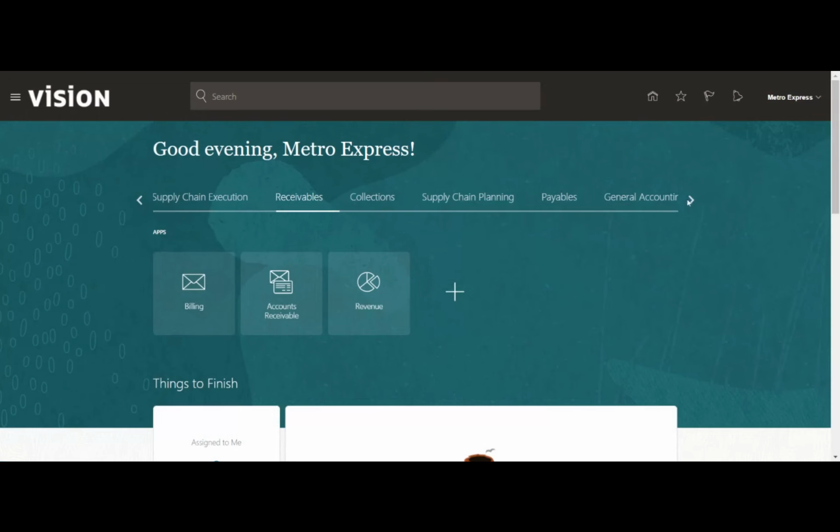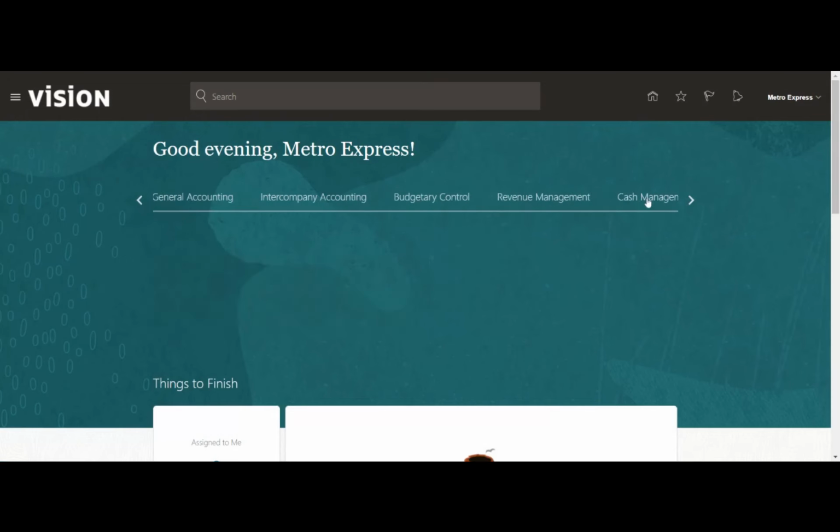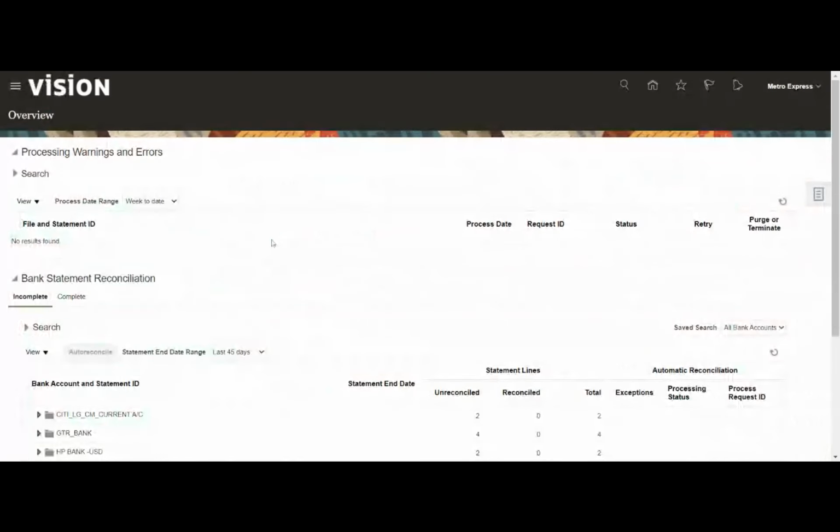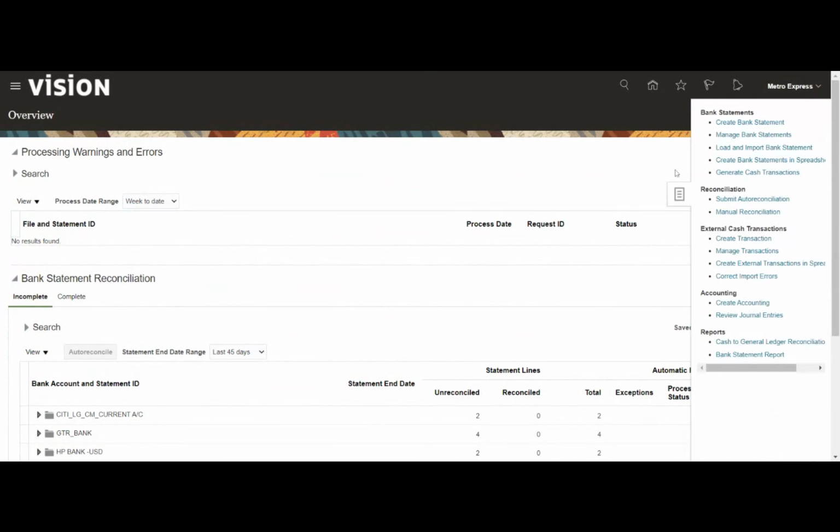To create a bank statement, we will need one role called cash manager. I have already assigned this role to the user called Metro Express, so I'm directly going here, or else we will need this particular role to access these functionalities, that is bank statement creation and the other options.